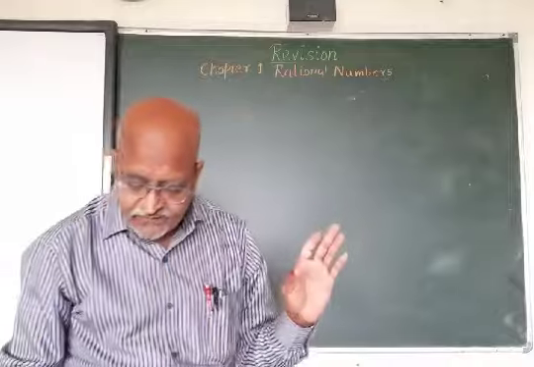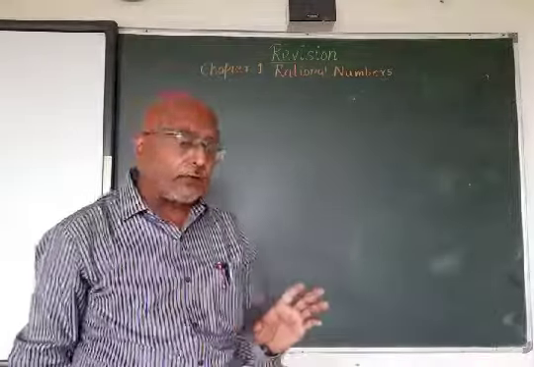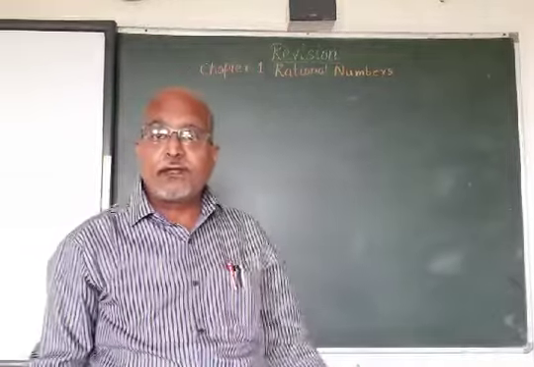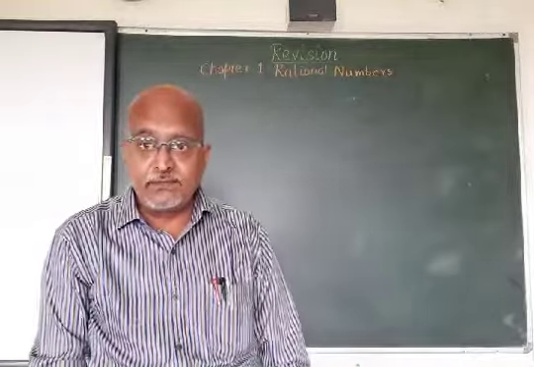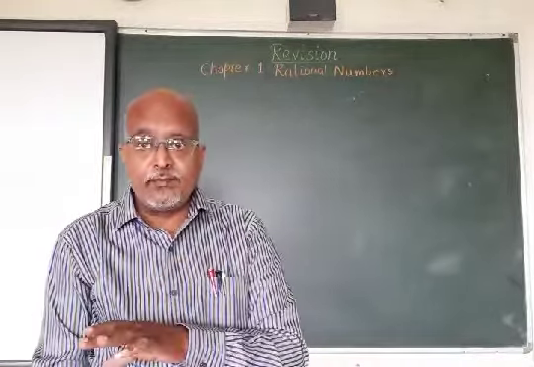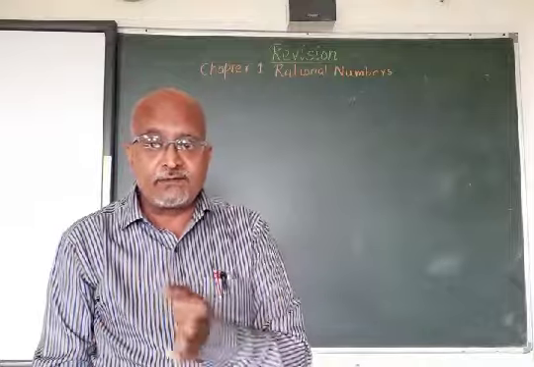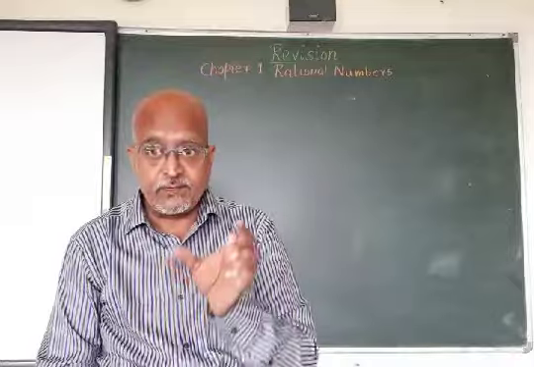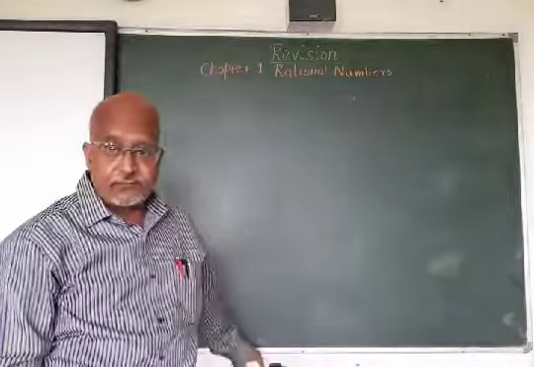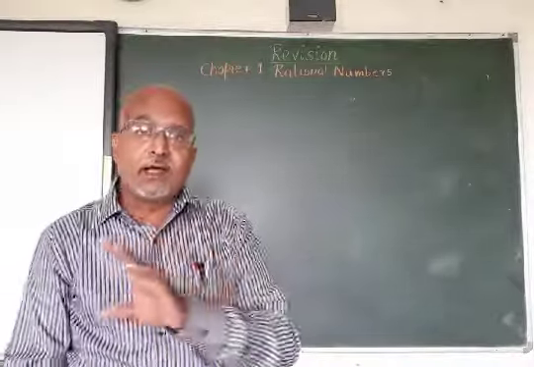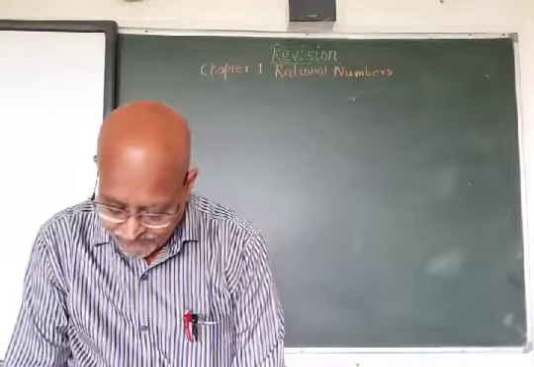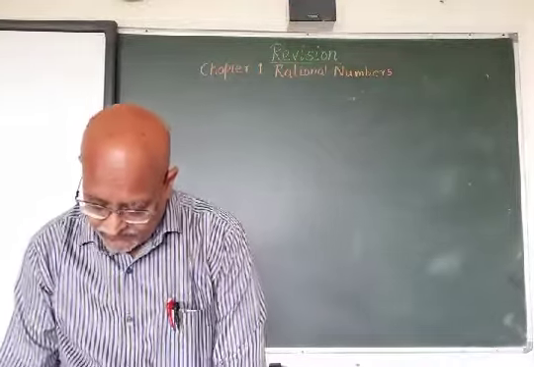Now the verification may also come in the form of the distributive property, which we have seen: A multiplied by (B plus C), that is A multiplied by B, that is AB, plus AC. In that fashion also the verification may come. So you can verify what I have shown this way, or by taking the RHS and LHS separately you can verify it.